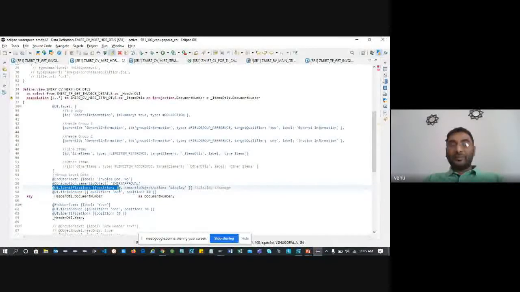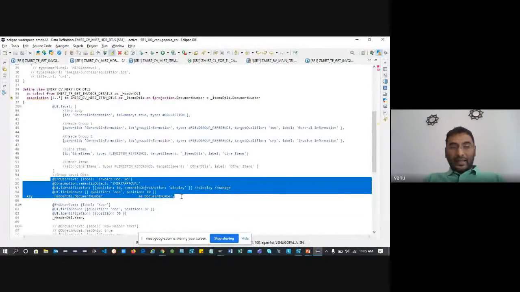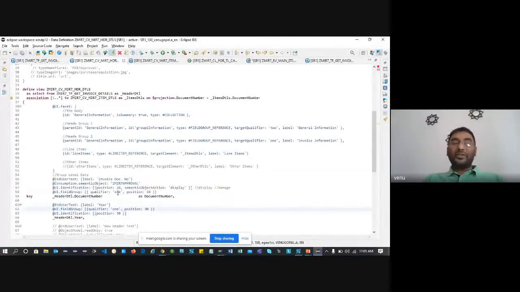Then the position you're going to display, and the UI field group. You can see here the qualifier is 1. That means the label and the data element are going to fall into my group 1, which is under invoice information.